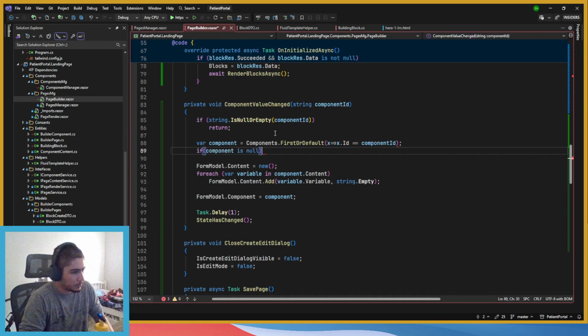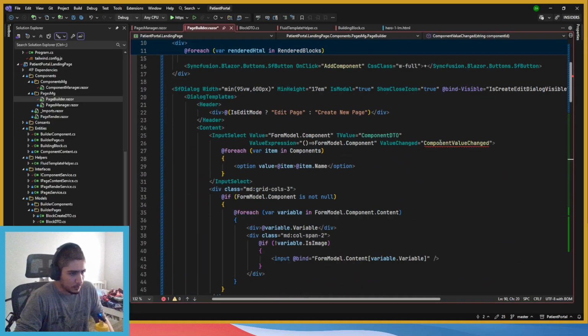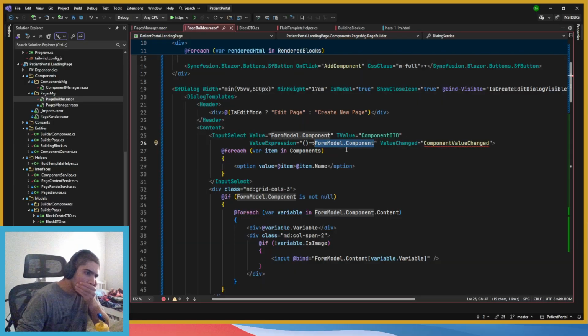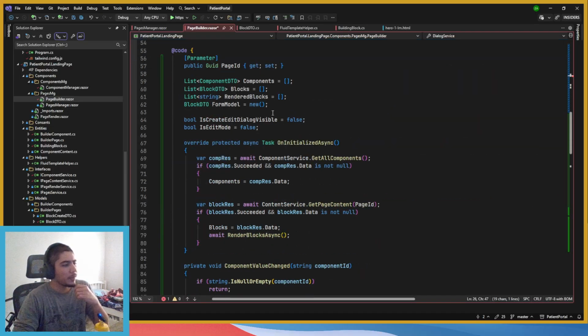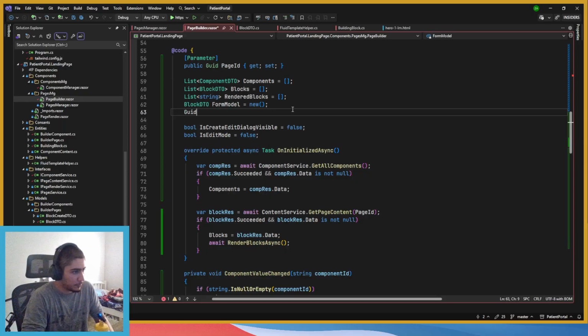If it's null, return. That should be fine. And then, yeah, I don't know what to do now. Well, I guess we're gonna have to add a component ID.